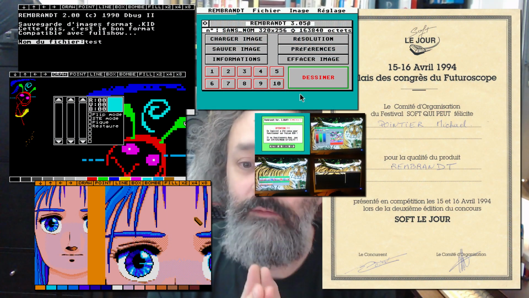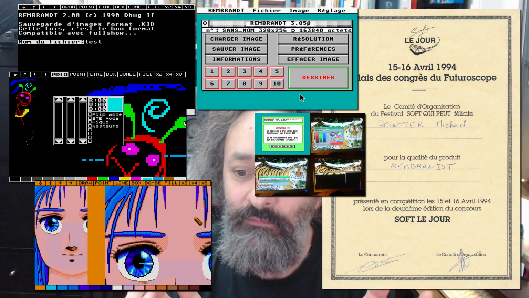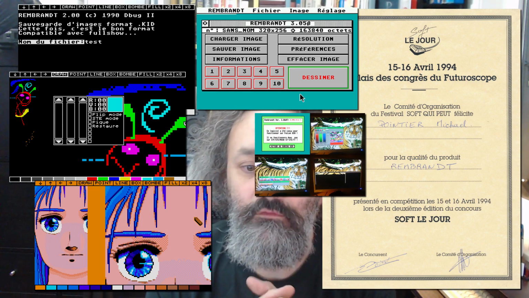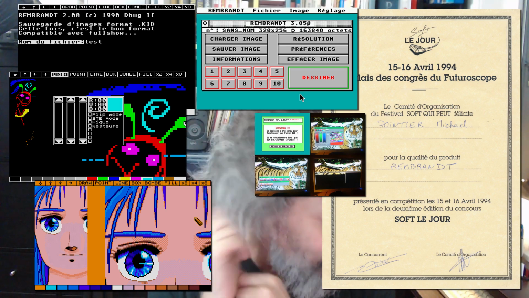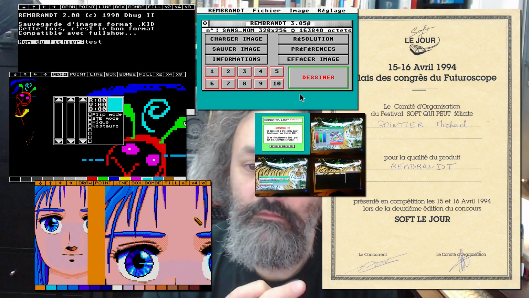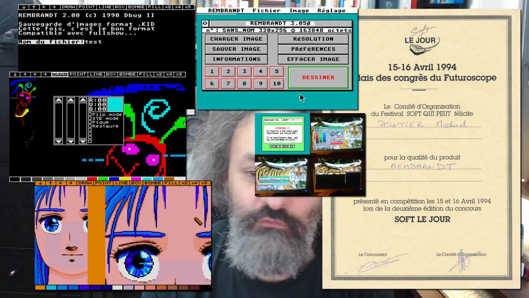And I also wrote my own painting programs, but they were never complete painting programs. So I did some palette editing tool to compensate for the Spectrum's color palette problem, and also Rembrandt 1, 2, and 3. 1 and 2 were on the ST. For 1 I could not find a trace, but Rembrandt 2 was used for one single thing, which was